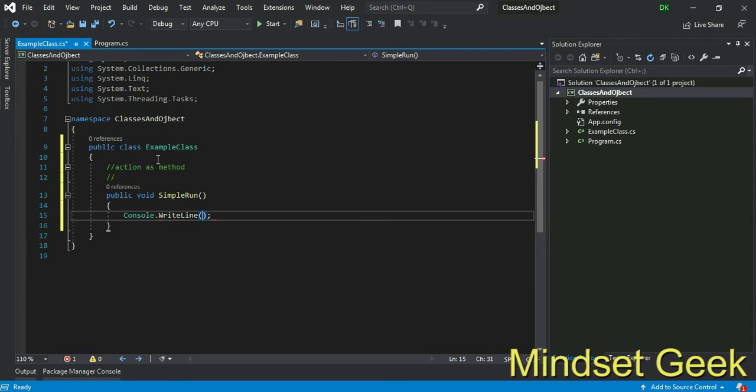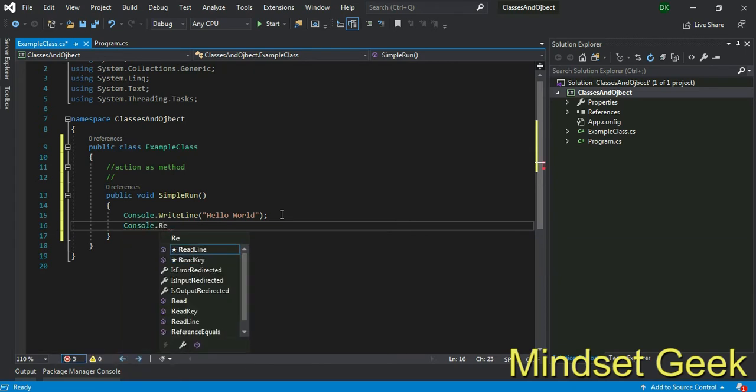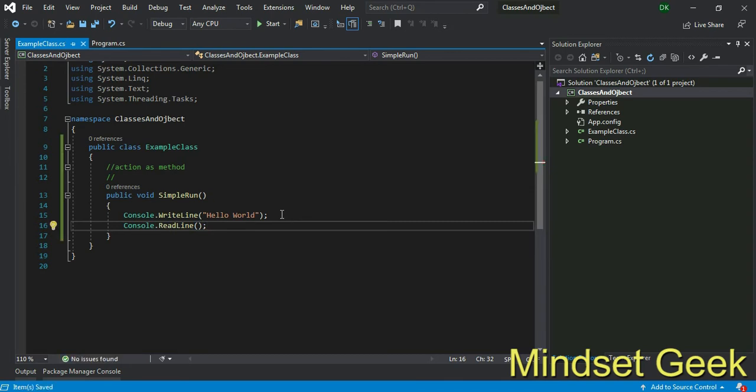I practiced with you with many examples. And use one Console.ReadLine also. Now you know how we call this method inside the Main method.